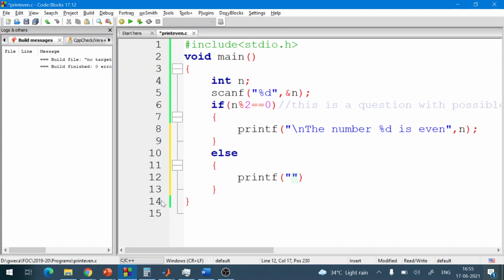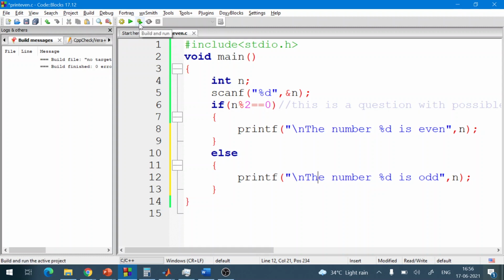It means the modulus of any number with 2 is not equal to 0, so it is not fully divisible by 2. This simply means that the number is odd. It is quite simple to understand. So here we will write the number %d is odd.